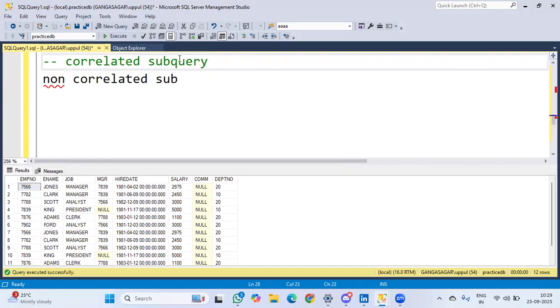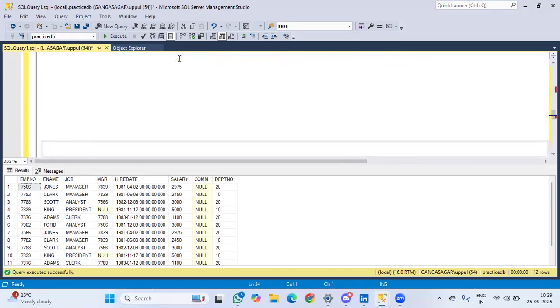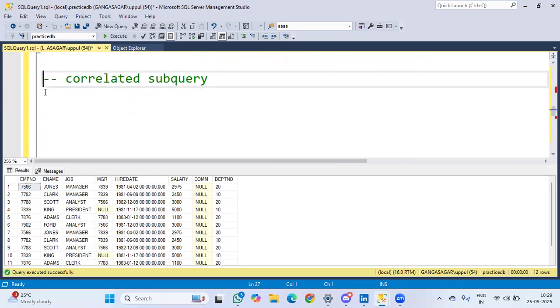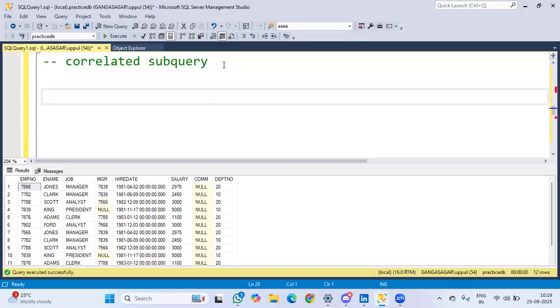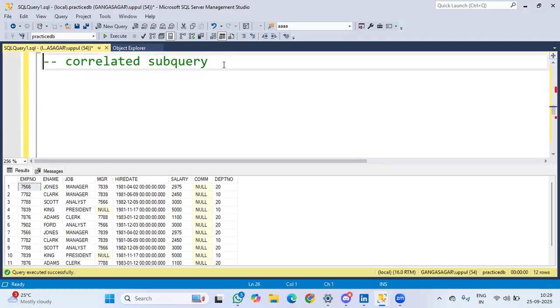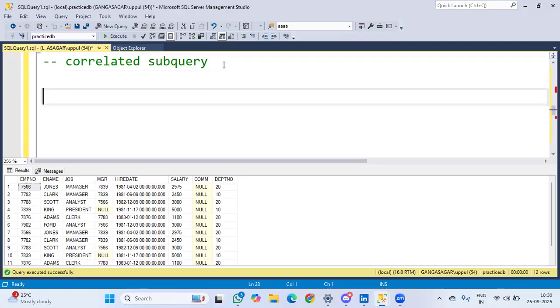Correlated subquery. The correlated subquery means the query which is correlated with the outer query. The name is saying correlated, meaning it is related with the outer query. And with an example, so for this,